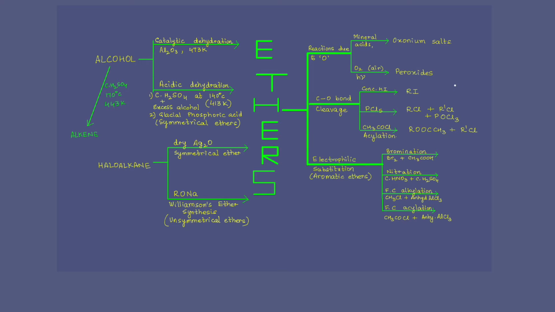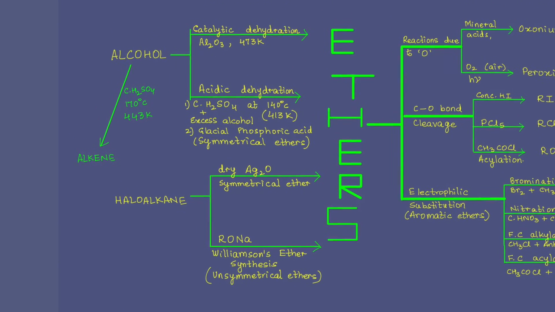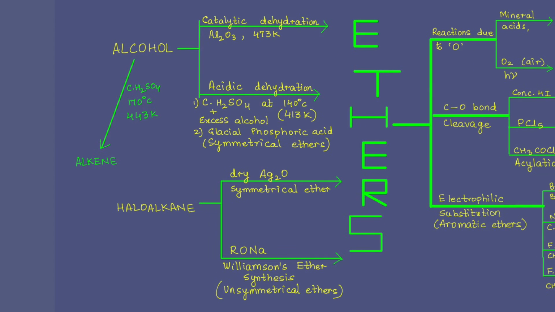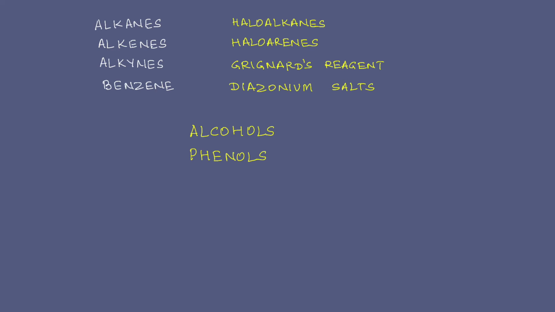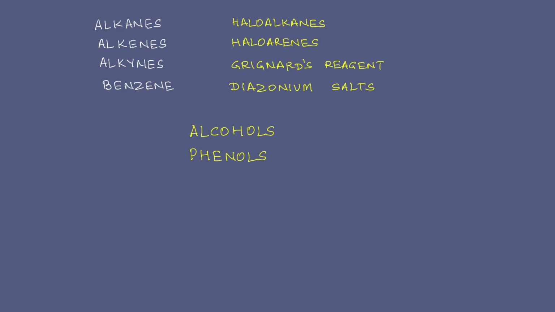But as you can clearly see, I ended up making one while compiling this video. I've gotten so used to these mind maps or flow charts, whatever you may prefer to call them. In fact, there are mind maps for alkanes, alkenes, alkynes, benzene, haloalkanes, haloarenes, Grignard's reagent, diazonium salts, alcohols and phenols, all on the channel. And trust me, they are very, very helpful in giving you a bird's eye view of